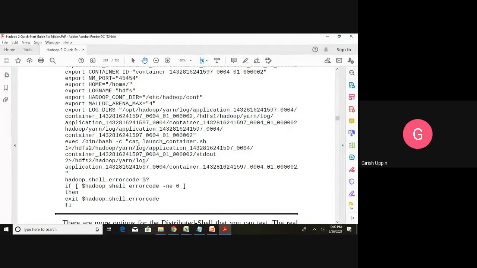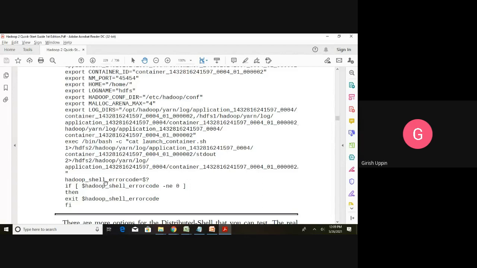What you are doing is cat launch_container.sh, and the output goes to this location, standard out. You can see this is getting redirected here, in the log with this particular application ID, and also it is going into this YARN log location.